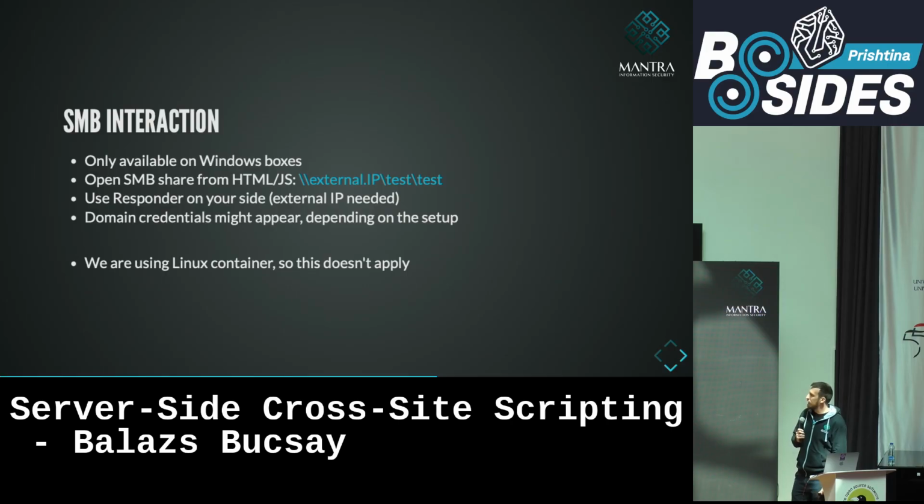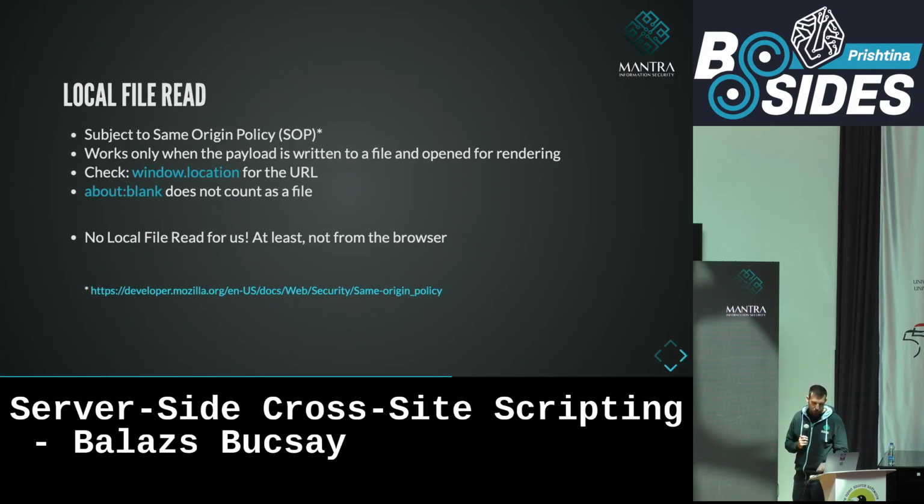So the first thing is, this one only works on Windows. So we saw that the Docker container is running on Linux. It was in the PDF header. So this is not going to work for us, but if the Docker container runs on Windows for some reason, or we have a similar situation on Windows, you can do SMB relaying, or you can steal the hashes and you might be able to log into the server. So that way you can do remote command execution on the server right away. Obviously it's not that trivial, but you can do that. In our case, it's not going to work because it's not running on Windows.